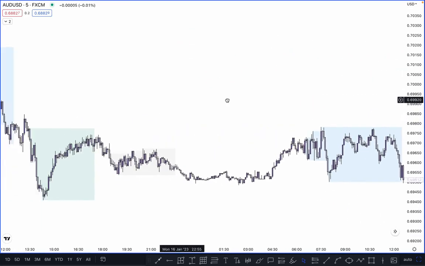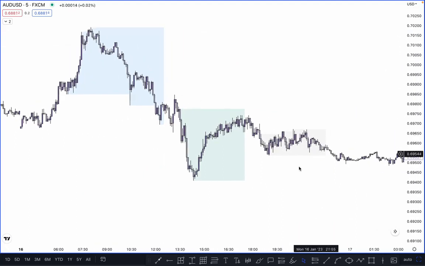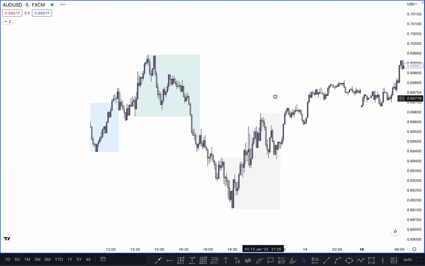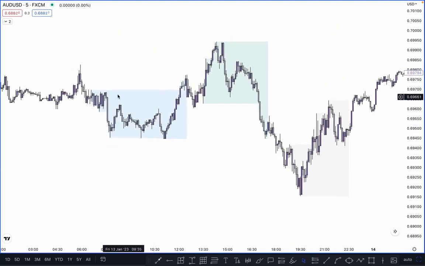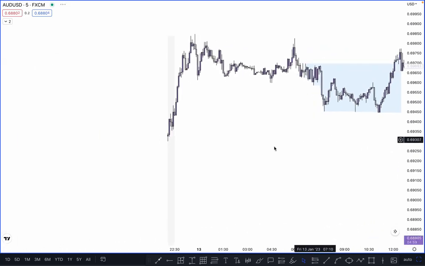If you look at any previous diagram, this one is our Asian session which is bullish, and then both sessions, London and New York, are bearish, right? And again here, this is our Asian session. The Asian session is bullish and London is bullish, and then in the next attempt the market is bearish. So how can you actually trade and identify